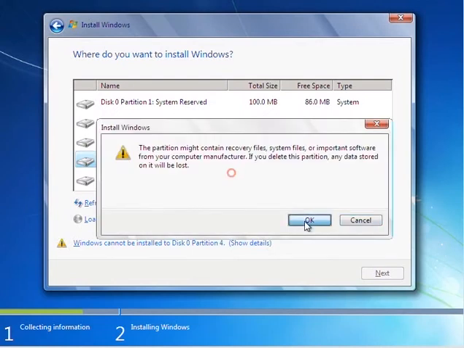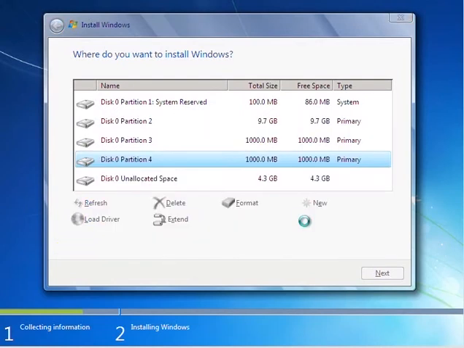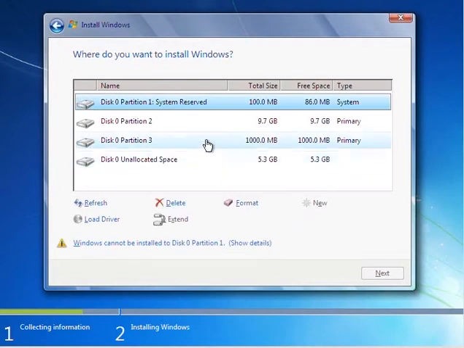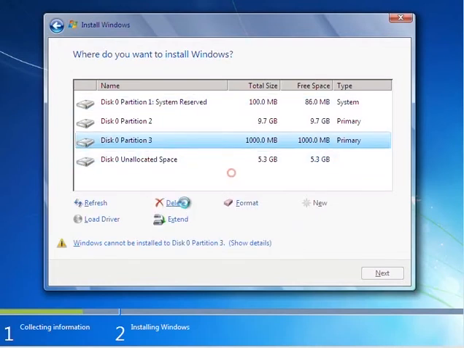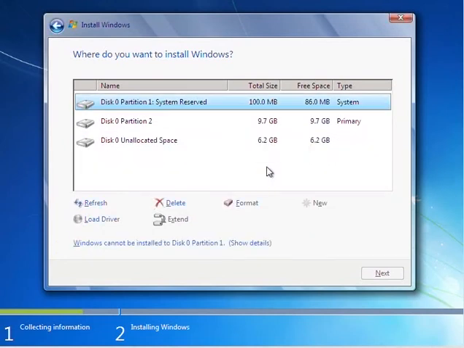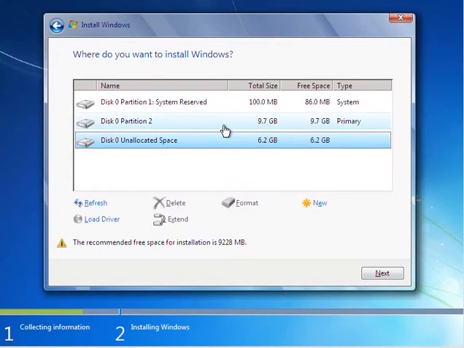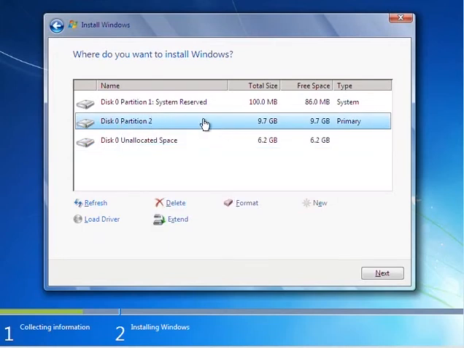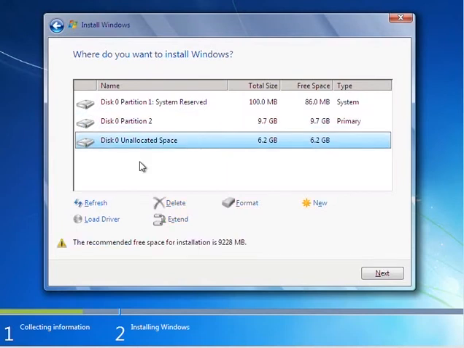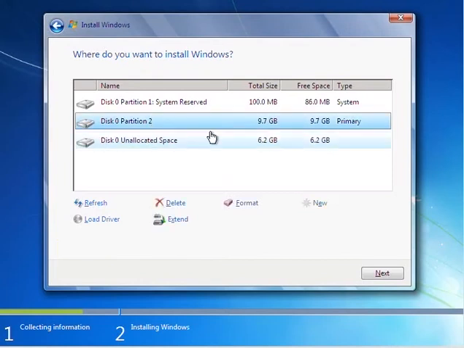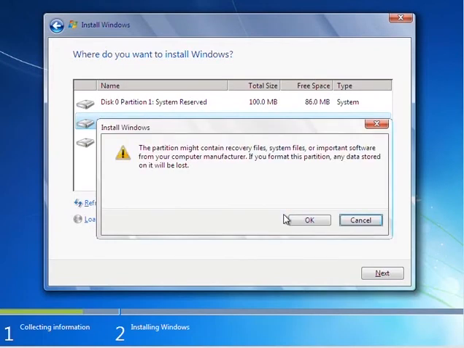If you want more than 3 partitions, then we can create them through manage. So at last we will learn how to create more than 3 partitions in Windows 7 through the disk manager. So first, let it be, this would be the operating system drive C, and all the rest of the hard disk space I have left for the disk manager. We will create the partition through disk manager after installation. So first, after creation of the drive, click on format to format that drive,